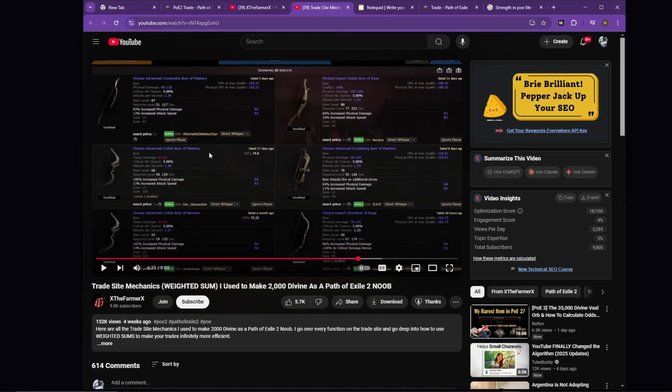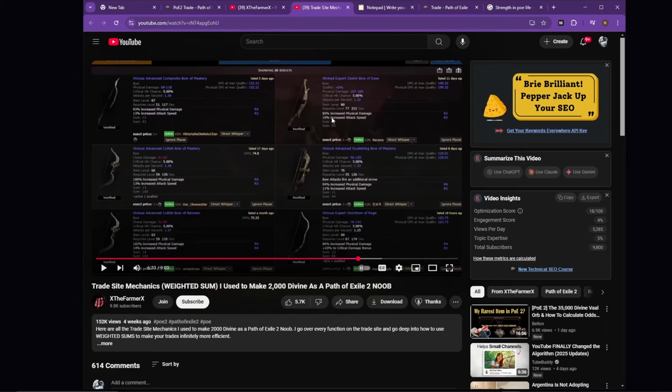One of the examples he showed in his video is another type of search you can do: searching for a specific type of magic item. He was searching for bows, and he basically wanted to find magic bows that had 2 affixes, 1 prefix and 1 suffix, and he wanted them both to be really good, really powerful and well rolled. And he pointed out that if you wanted to do these individual searches, where, for example, you can see